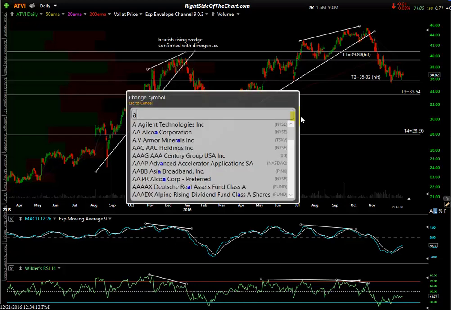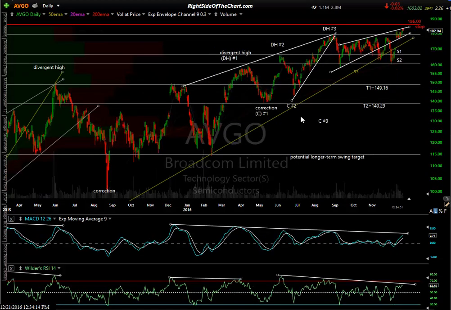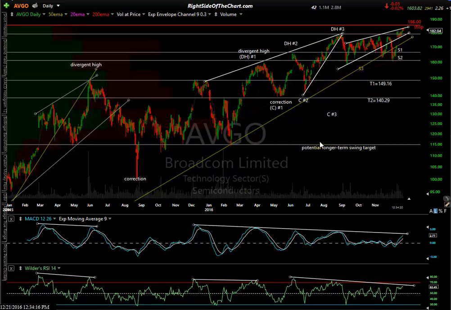Next one up is AVGO, Broadcom. Trying to recall, I'm not looking at the notes right now. It's just a series of divergent highs and corrections. I've gone over this chart quite a bit, and it continues to wedge up. We're still below the stop of 186. Getting close, but we're not there yet, and it still looks just as good as it did when we entered